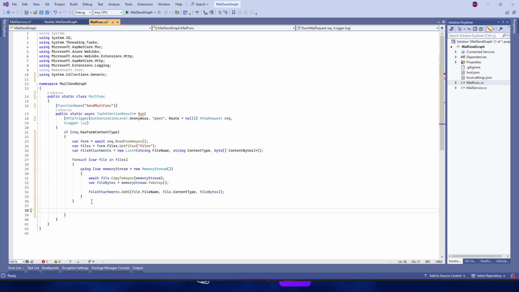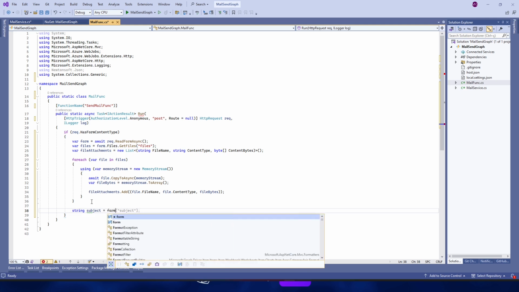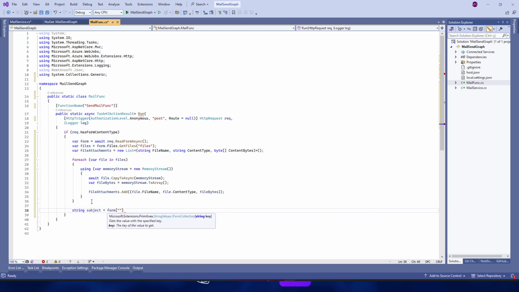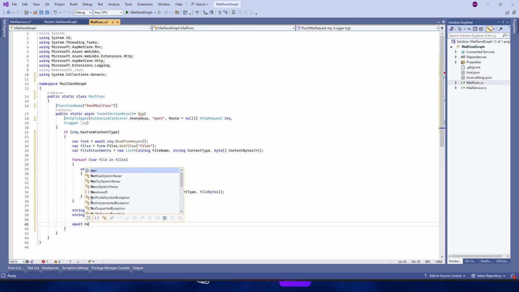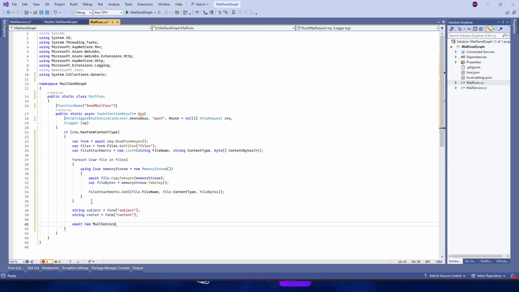Let's create a subject variable. String subject equals form subject. String content equals form content. And to finish, await new MailService.SendMailAsync. Send the subject, content and the fileAttachment.